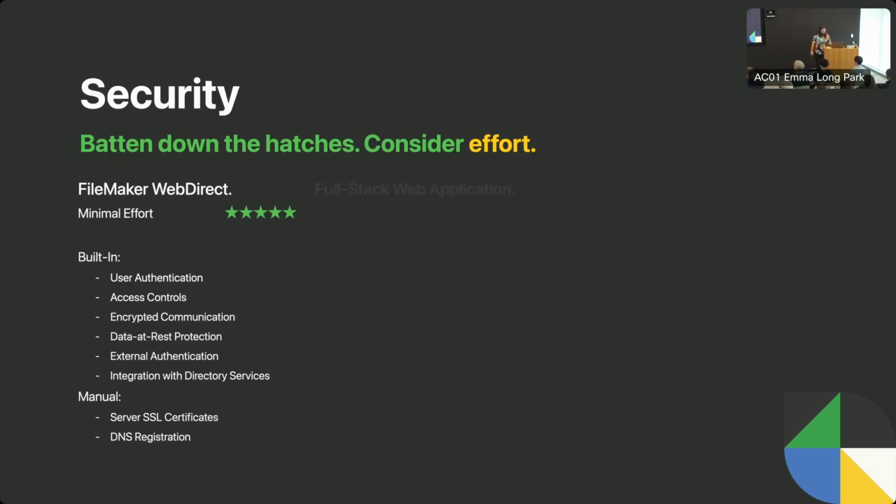The next thing we're going to look at is full stack. And obviously it's doable. What's built in though? Nothing. You spin up a project, there's nothing going on. Now there are libraries and frameworks that you can use if you know what you're doing, but it is pretty daunting when you start thinking about, okay, I need to at least match what WebDirect can do. A big deal. I mean, when you're looking at what you're going to have to do manually here,